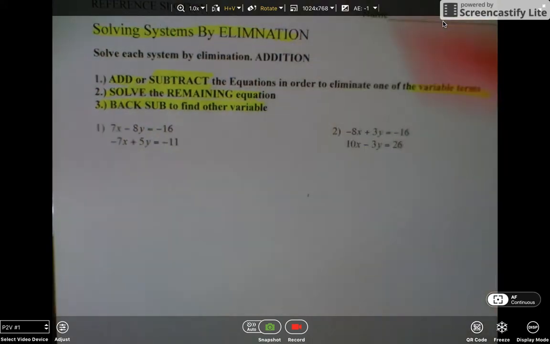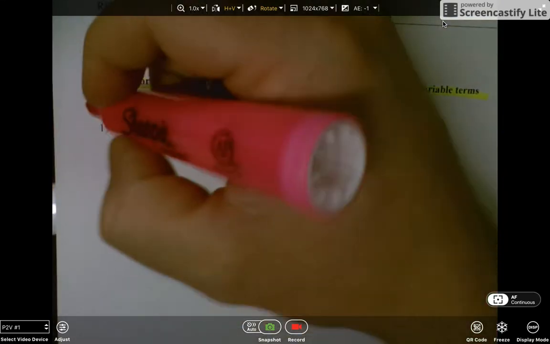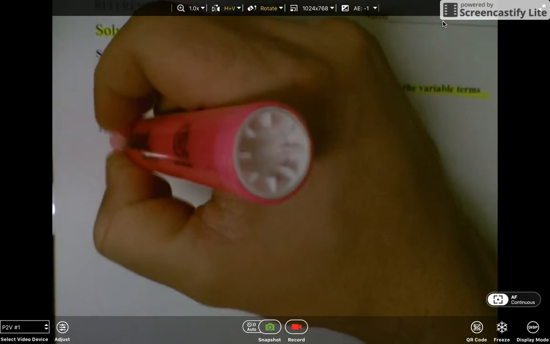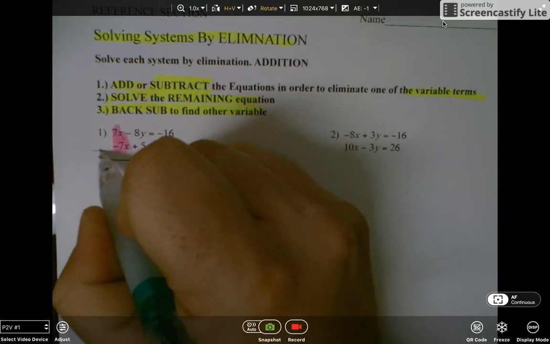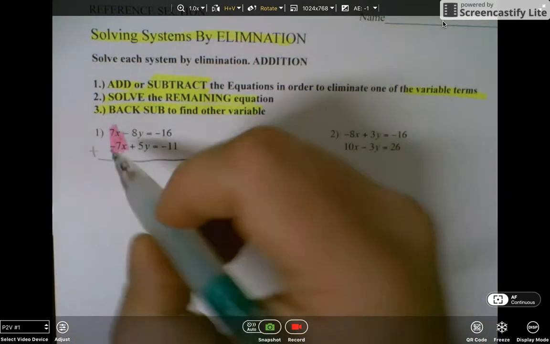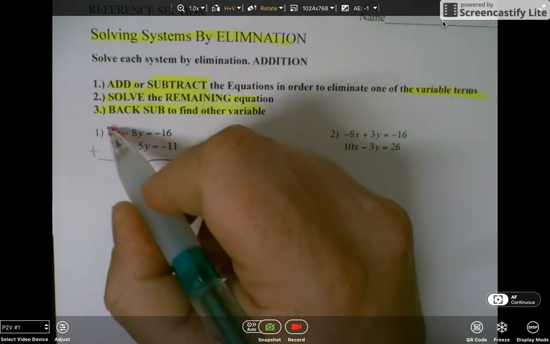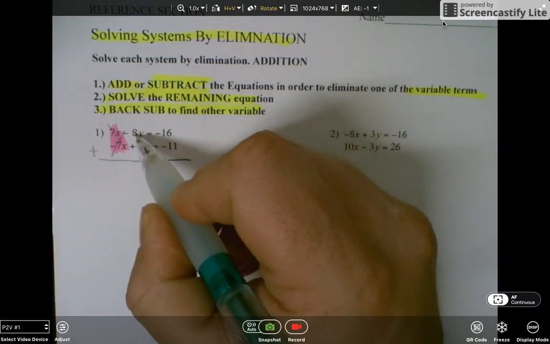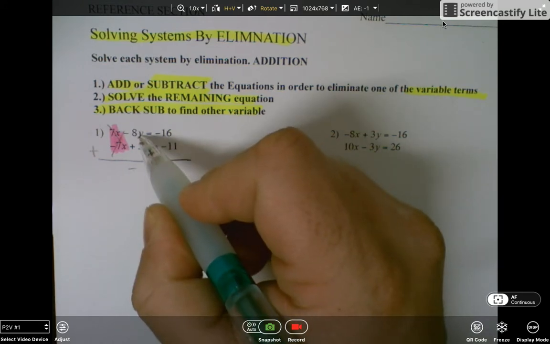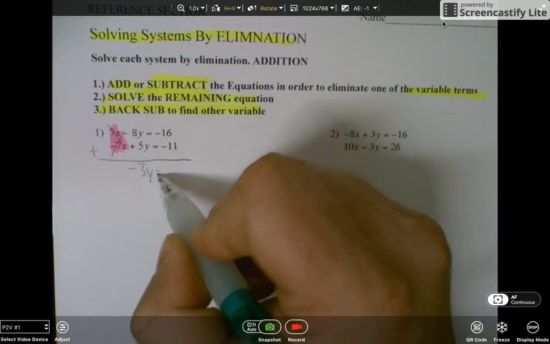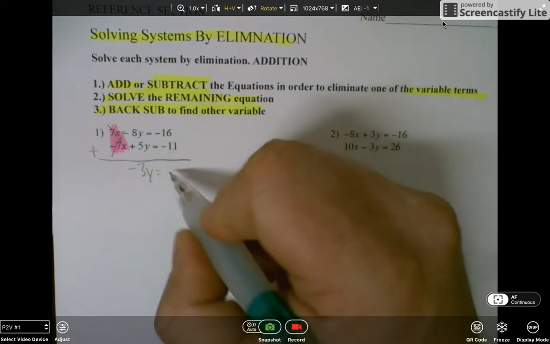you can see here that 7x and negative 7x are additive inverses. So that's going to tell me that I want to add these two equations. So when I add these two equations, this cancels out. Negative 8y plus 5y is negative 3y equals negative 16 plus negative 11, of course, is negative